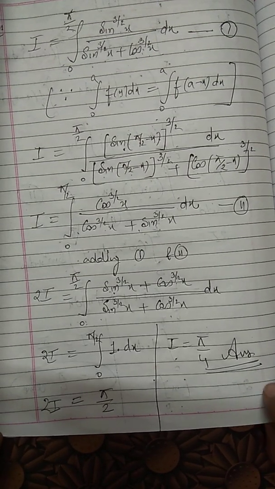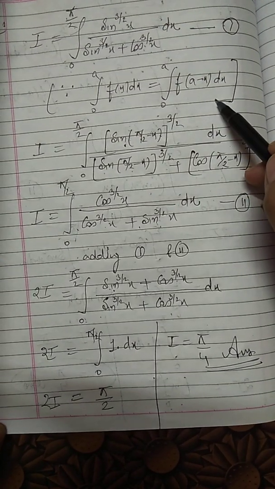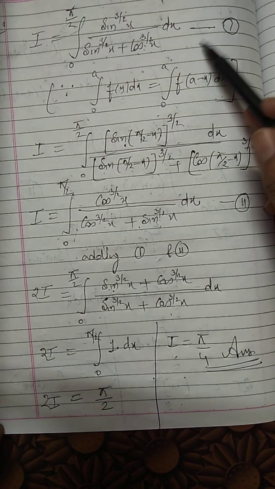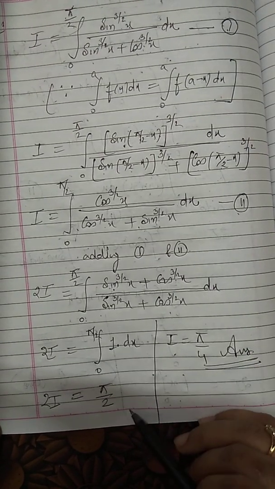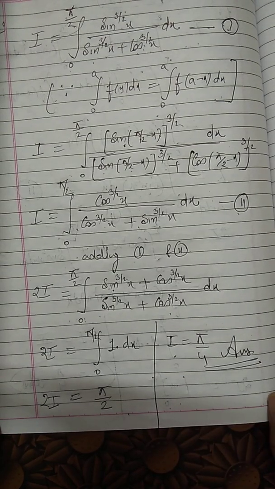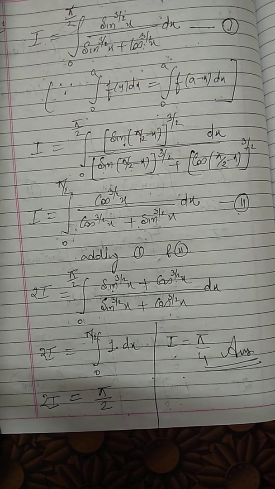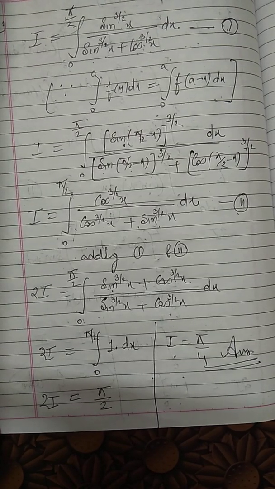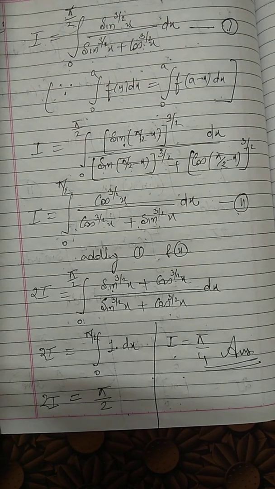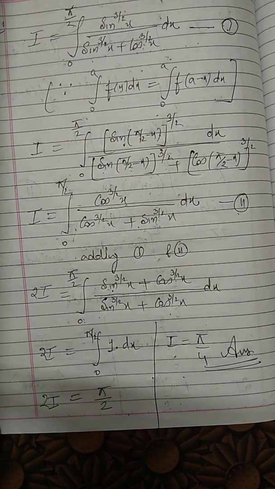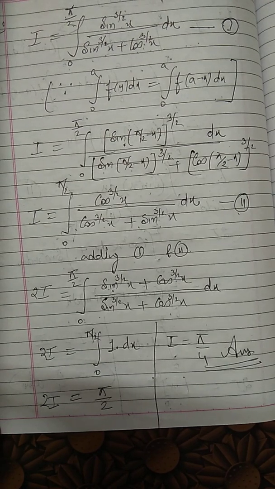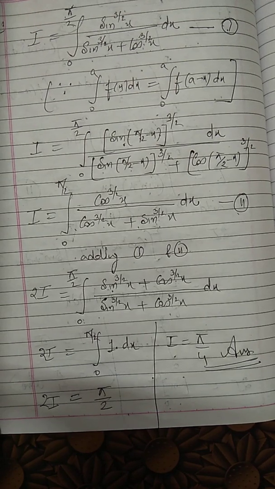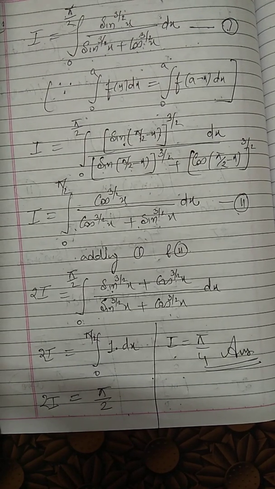But yes, you have to show the steps, you have to mention which property you are using, then mark the integrals 1 and 2, then add and show it. That is important. So the first 4 sums we have done the same way: we did the first and third, and you people will do sum number 2 and sum number 4, as well as sum number 17. If you observe, sum number 17 is the same sum. There also the answer will be a by 2. So sum number 17 is also for you people.